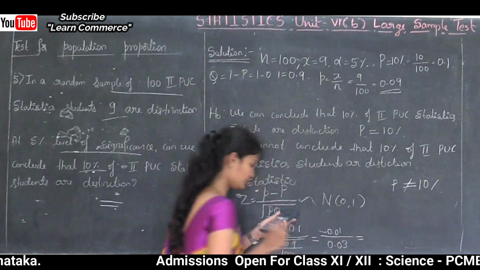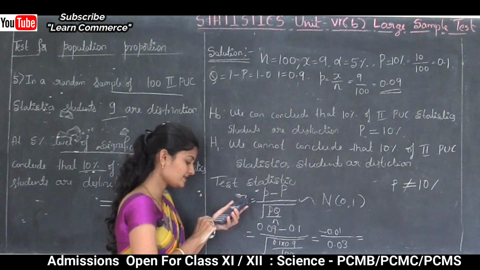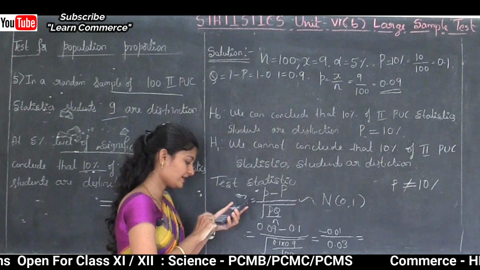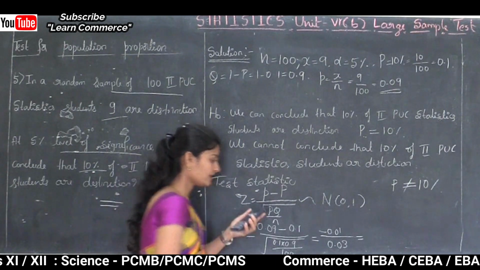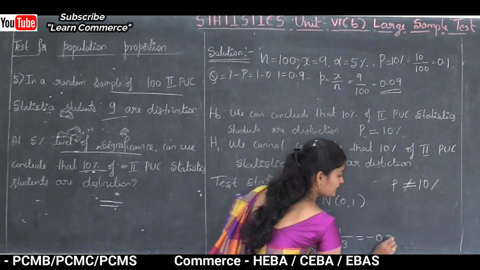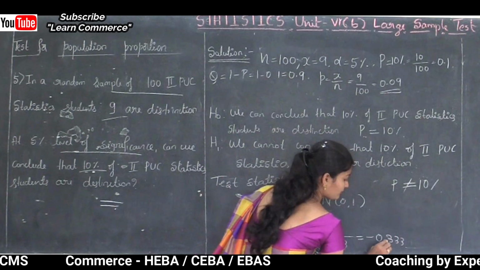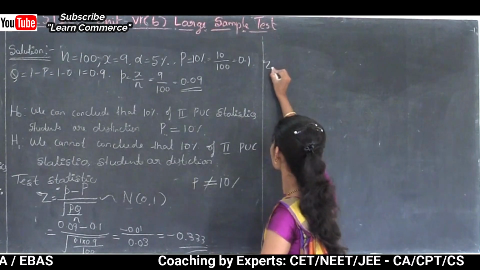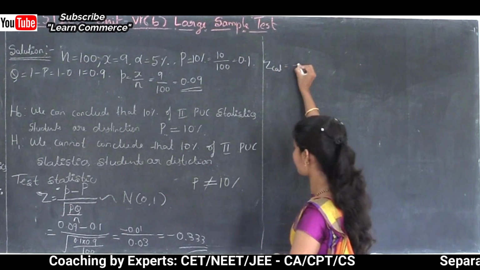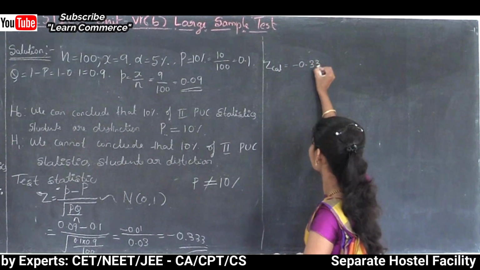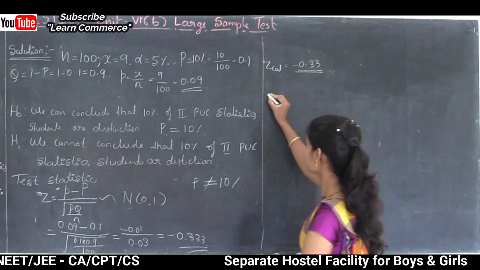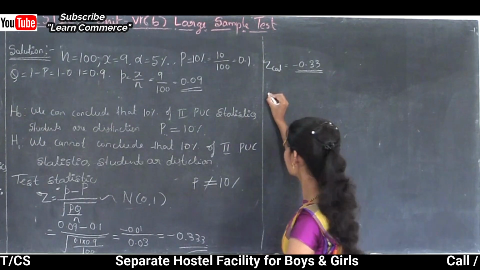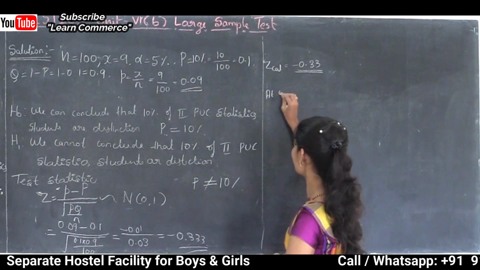This is equal to minus 0.01 divided by 0.03, that is minus 0.333. So here calculated value is minus 0.33. And next step 3, using level of significance, that is 5%,